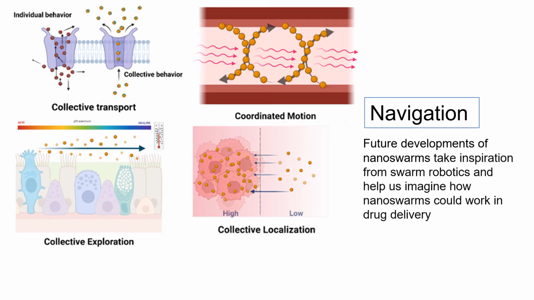So for example, the nanoswarm could move collectively with minimal or no collisions between individuals and deliver drug cargo. Collective exploration of the environment could allow the individuals to cover an area to search for areas of interest. So, for example, the individuals could use sensing and monitoring of the pH, oxygen, nitric oxide to identify tumour cells